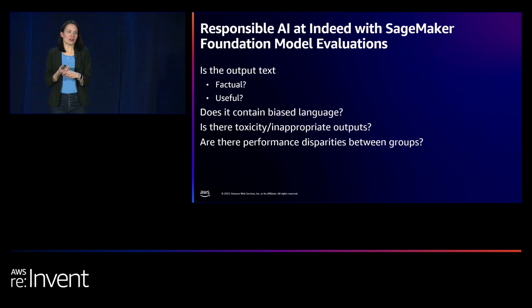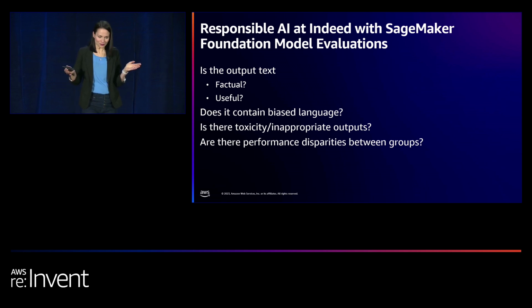Similarly, maybe it comes up with something that's true, but is it useful? Does it point to recent relevant experience on the resume, or is it pointing to something old? For this, we would use the factual knowledge evaluation and summarization evaluation modules to see, are we producing factual, useful summaries of these resumes and job descriptions? You may also find that this is subtle. Whether something is useful is something that you may need a human in the loop to work on, so we would use human annotators on the platform as well.